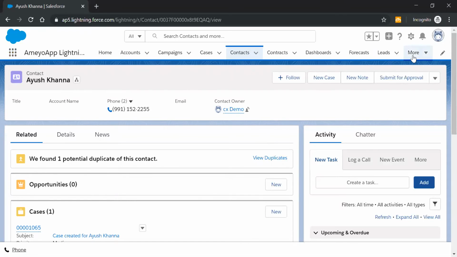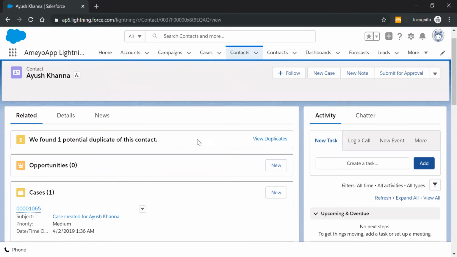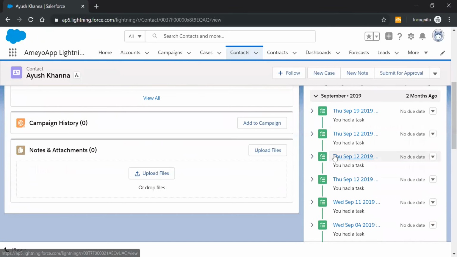Now the third touch point, how Ameo is passing the voice logs, the call details, as well as the disposition. So this particular information will be tagged for each and every interaction under the particular customer's information. So let's say these are all of Ayush's previous interactions over here. So let's say I click on this particular interaction.